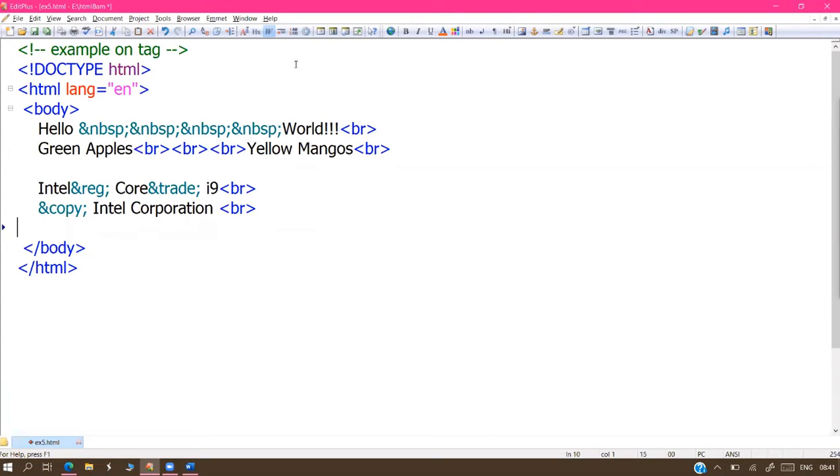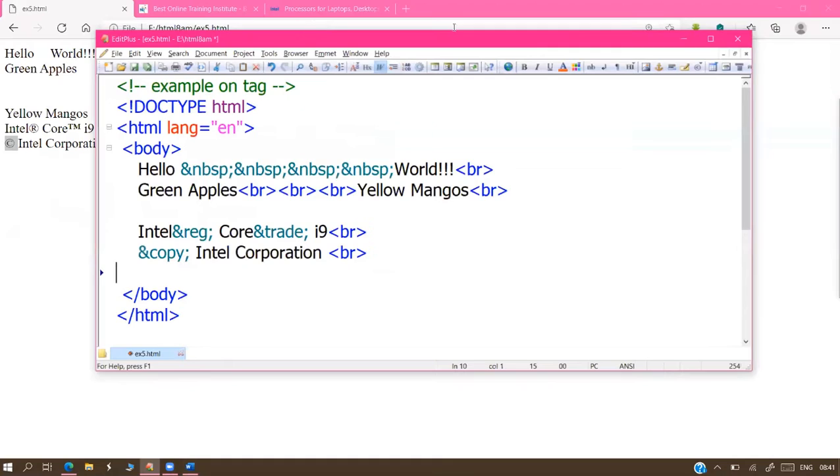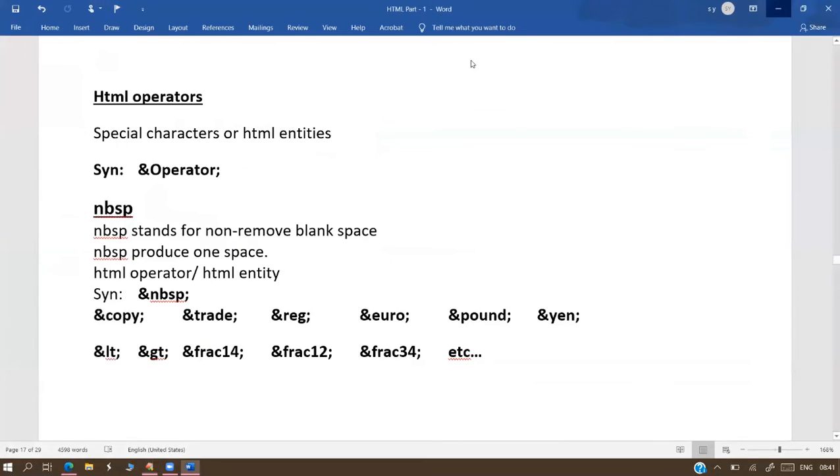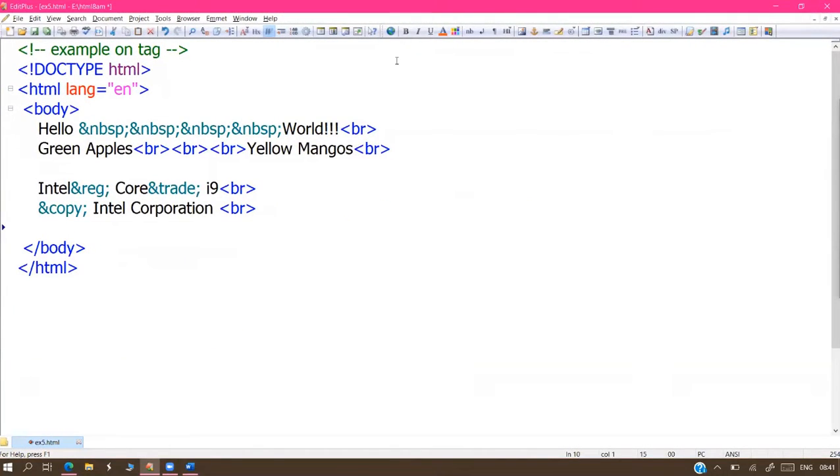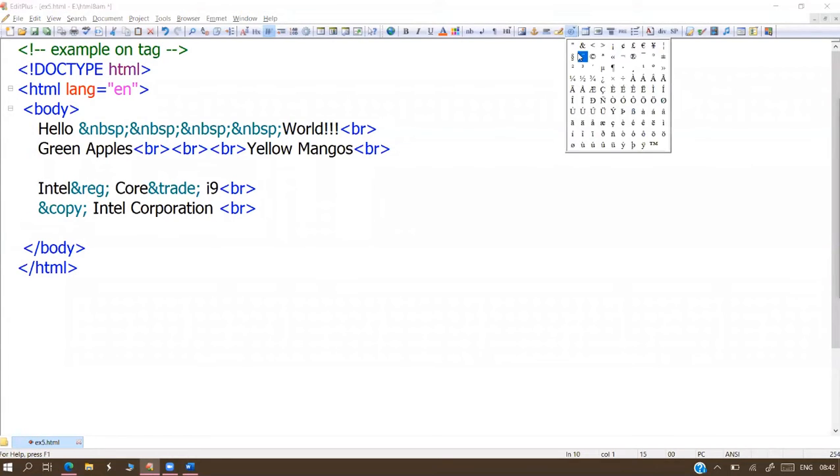This is one of the HTML editors I'm using, Edit Plus. This is Edit Plus, used for HTML program designing right now. Not only Edit Plus, most of the software, most HTML editors, have this shortcut. We have this icon labeled special characters. Now click on this. What are the symbols listed here? A lot of symbols are available. Which symbol you need, select that one.